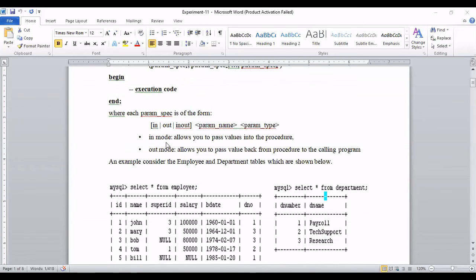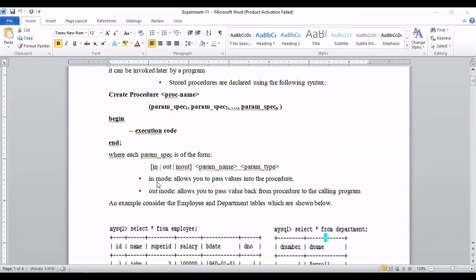This will be explained. Now coming to this parameter specification, there are two kinds of parameter. One is in, sorry, three kinds of. One is in, one is out, and one is in out, please remember. So in means what? If this